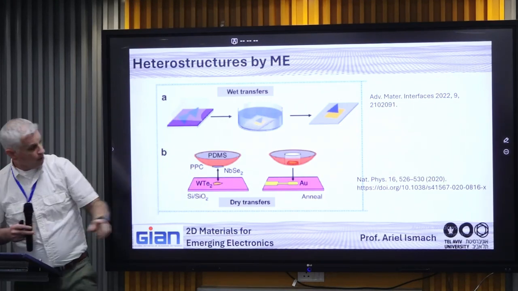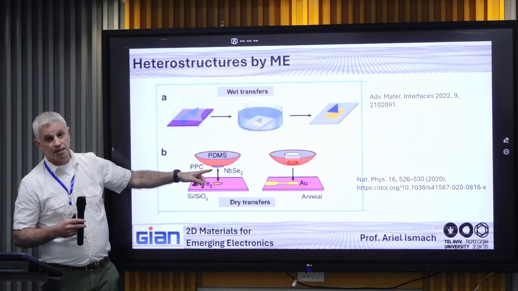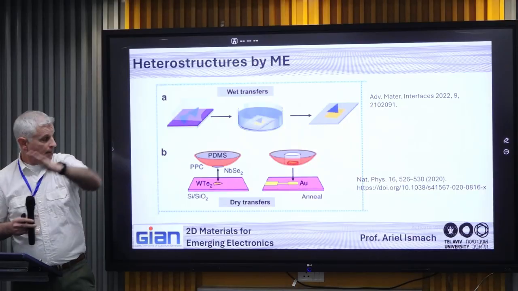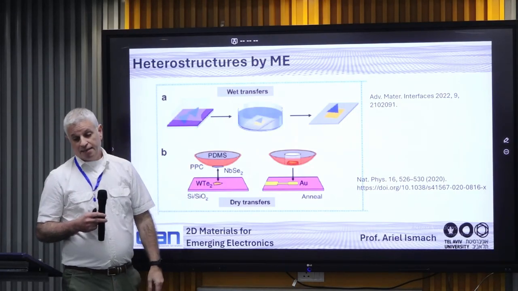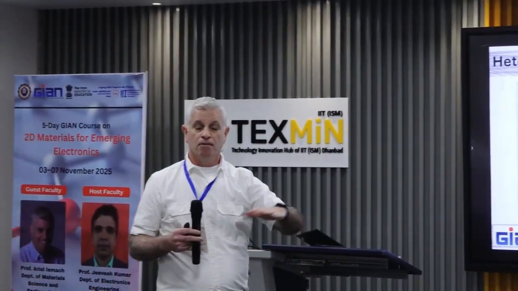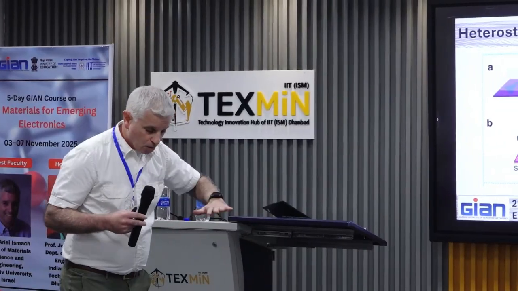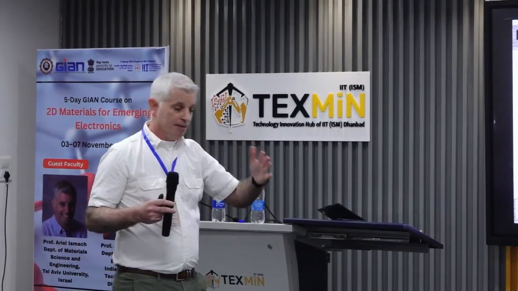And we do the same, but now the PDMS does not touch the tungsten ditelluride, but the niobium diselenide. So you come and pick the flake. And this you can do, of course, under a microscope. It's not something that you can do without seeing the flakes, because these flakes are very small, and exfoliation is basically a statistical approach, and therefore you need all this to be under a microscope, and you need to localize the white flakes and pick them up,